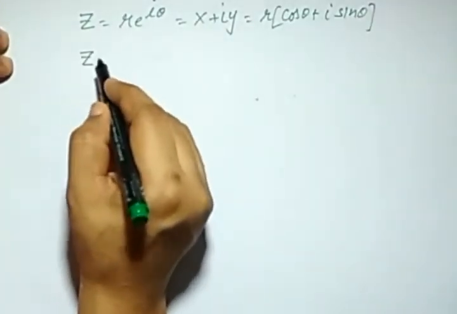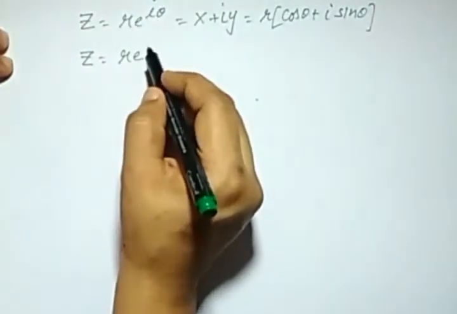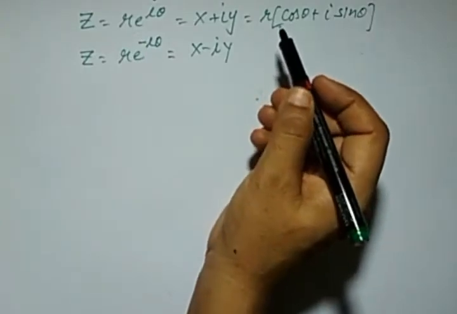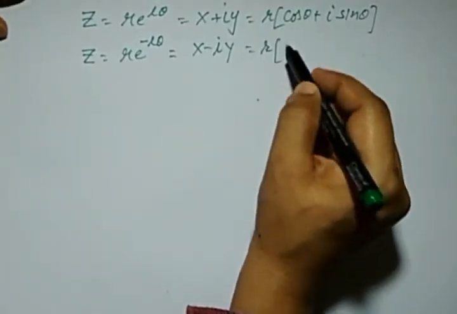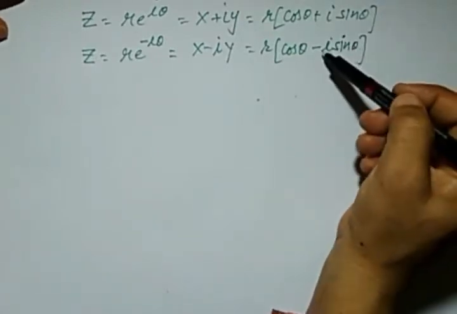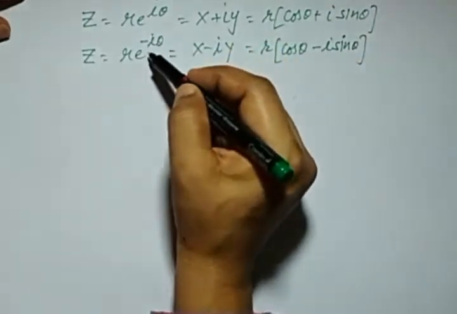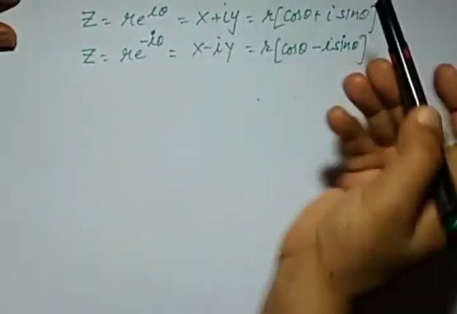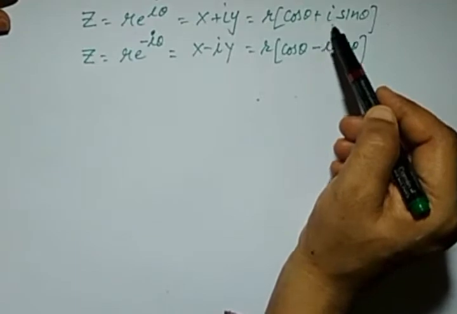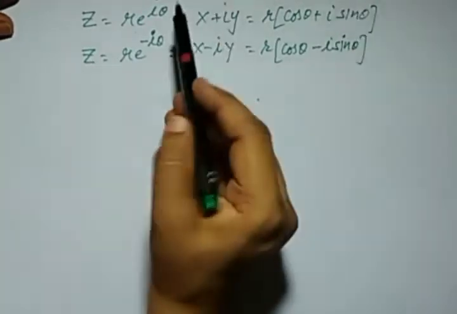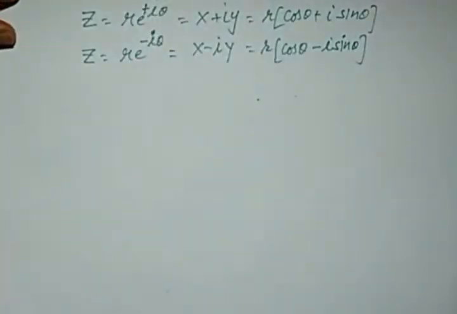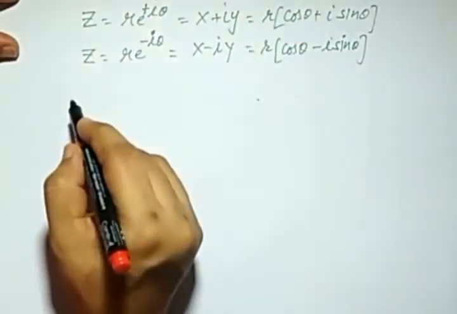Okay, and if you have replaced x by minus I theta, then it will represent our number x minus iy, or r cos theta minus I sin theta. So if the minus I is here, then in the exponential form the power will be with a negative sign. If in the rectangular or polar form the I is with positive sign, your imaginary part is positive, then in the exponential form the term will come with a positive sign. This exponential form is very useful.